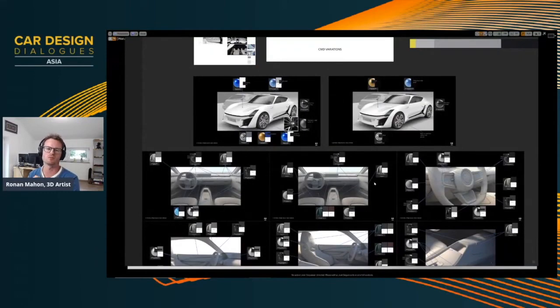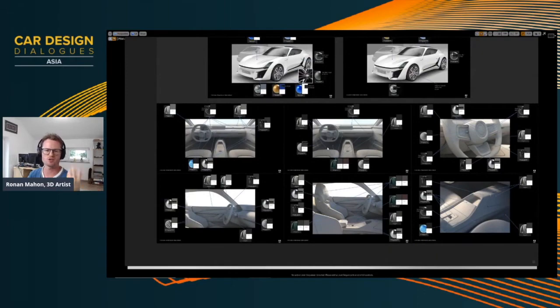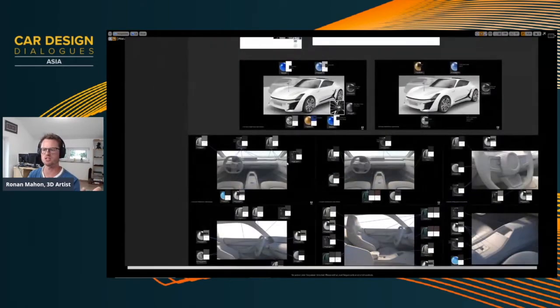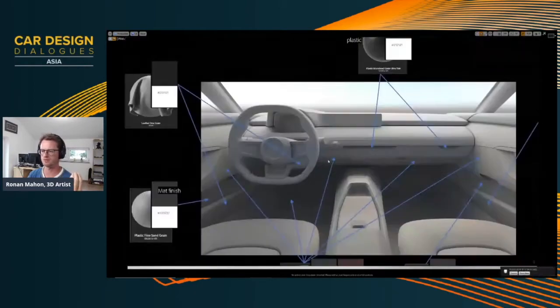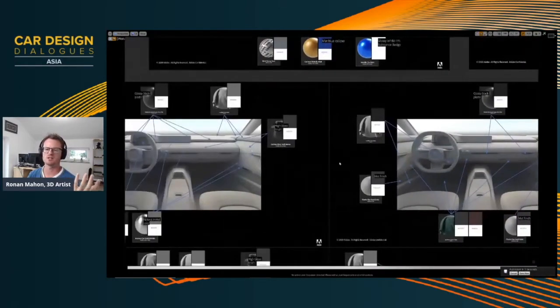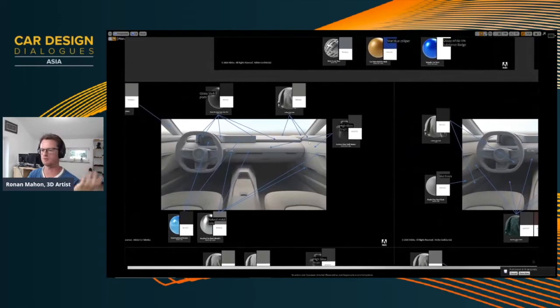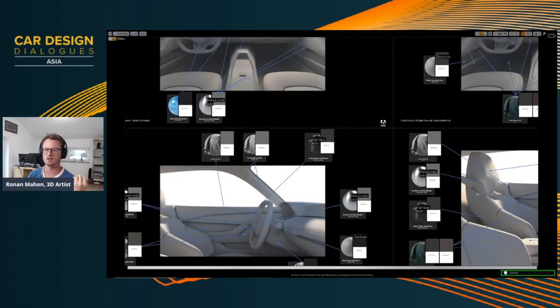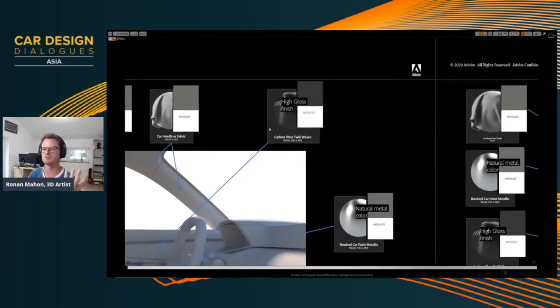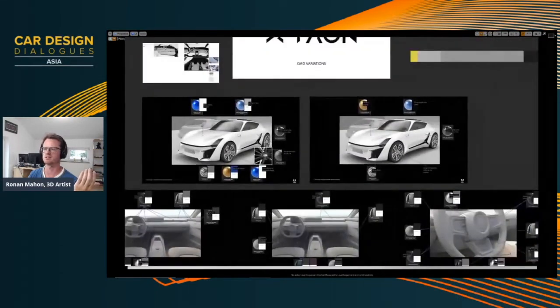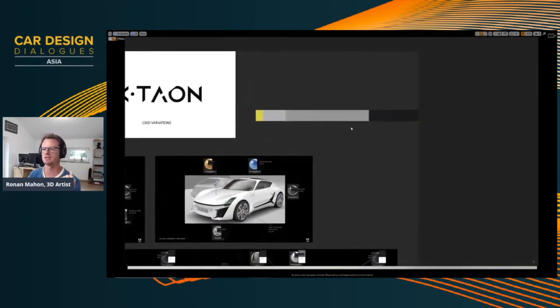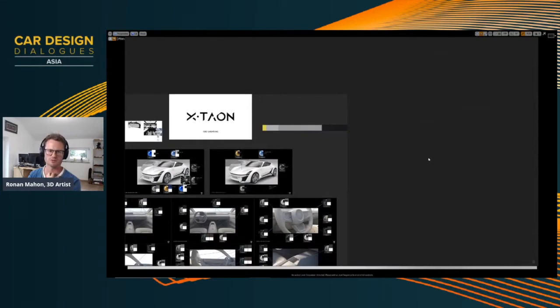This is a CMF board from Anais that she would have sent over to me, and it describes her choices for the color, material, and finish. She's talking about which material she wants to use, what color, what finish, maybe parameters. A lot of the time she'll send these materials over already set up. She's already pre-chosen a particular preset. She's made a new one. She set the shape of the carbon fiber weave. And really for me, a lot of the time is really just drag and drop. And I might get some colors from her as well.